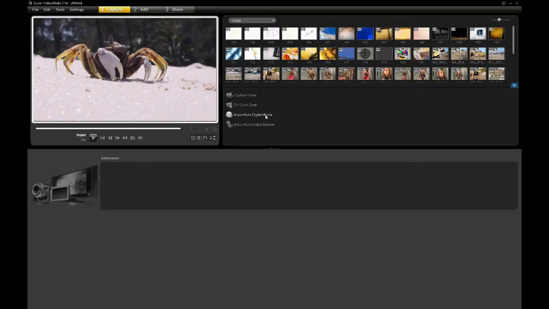Another way would be to take the card out of your camera. If your camera has an SD card, you take that card out of your camera and plug it into your SD card port in your computer. You can also import from there, browsing just as you would in Explorer. Another way is to take that card and put it into your computer and then import it with other software. If you're using like Picasa or something like that, import it with that, and then bring in the